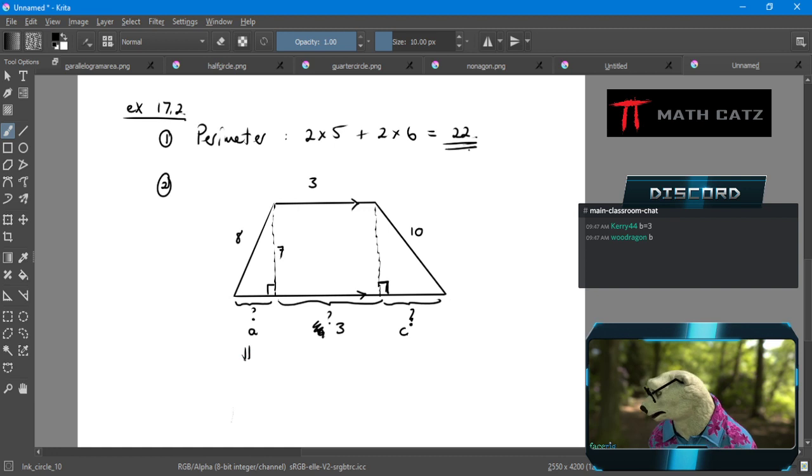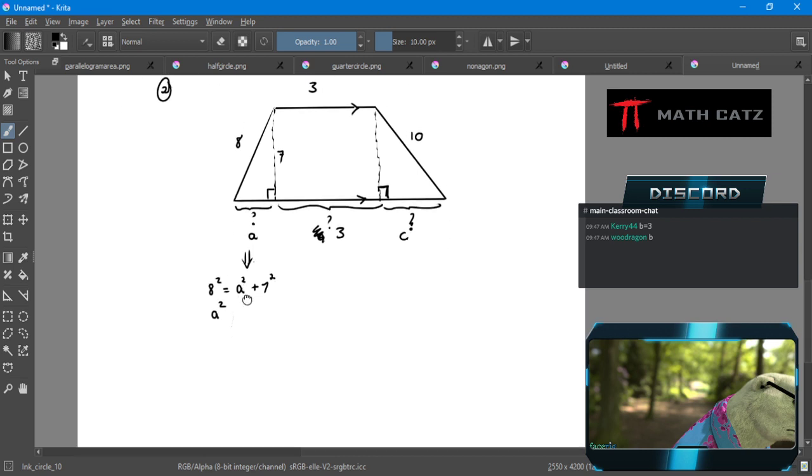So for this left one, I have 8 squared equals A squared plus 7 squared. Now this is not to scale or anything. A might be really small. A squared is therefore 8 squared. Oh, it's good arithmetic practice. A squared is 64 minus 7 squared, which is 49. So A is the square root of